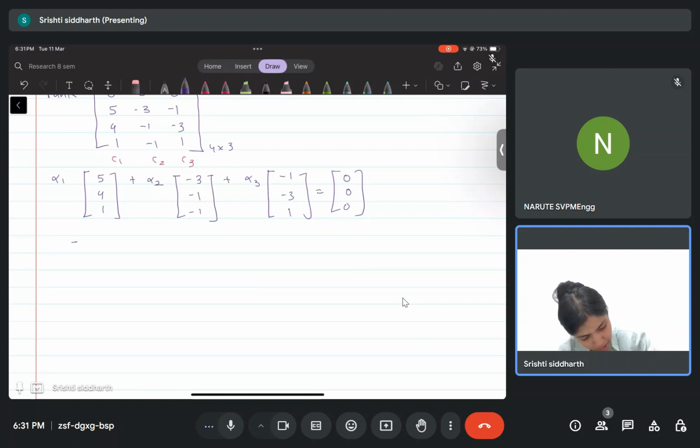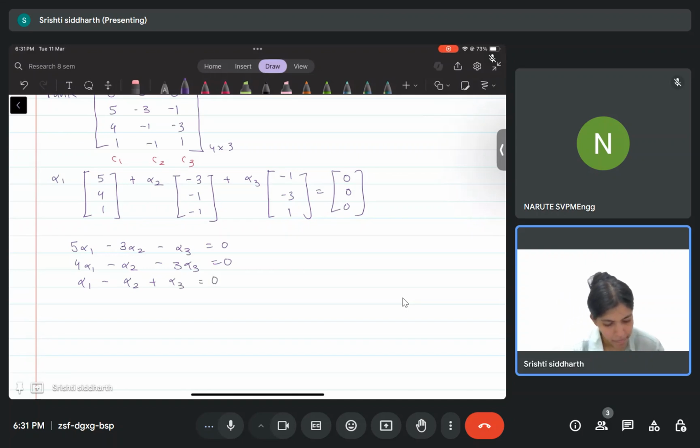Next equation is 5 alpha 1 minus 3 alpha 2 minus alpha 3 equals 0. Alpha 1 minus alpha 2 minus 3 alpha 3 equals 0. This implies that alpha 2 is alpha 1 plus alpha 3. We can substitute in these two equations. So we get alpha 1 minus 3 alpha 1 minus 3 alpha 3